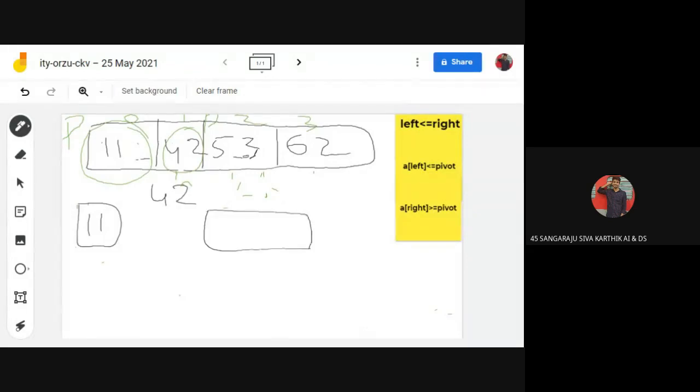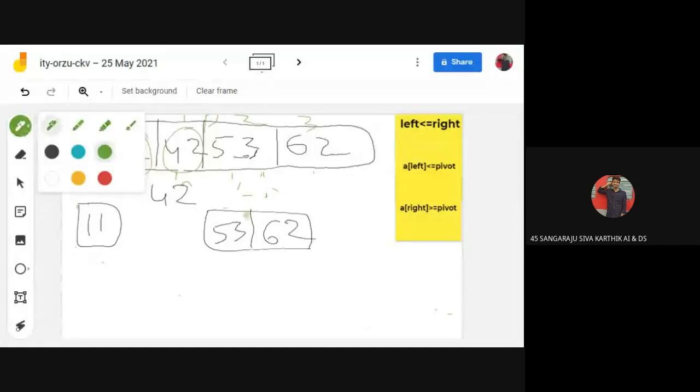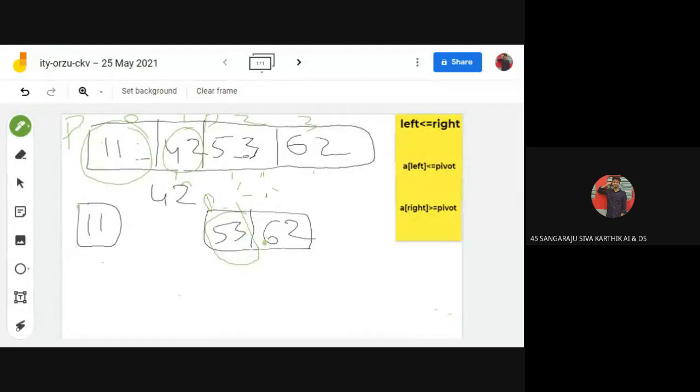Then it will take the right two elements 53 and 62. Then we will continue with 53 as my pivot value, and the same methodology will continue up to sorting. So this is already sorted, so again it won't take. It will be in a sorted list. So next part, it will also go down to a single element. That means 53 and 62. Then taking the first element, the recursion process will occur like this. So this will happen in this methodology.